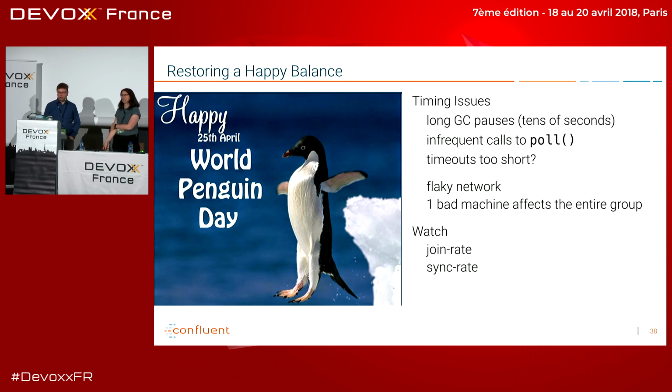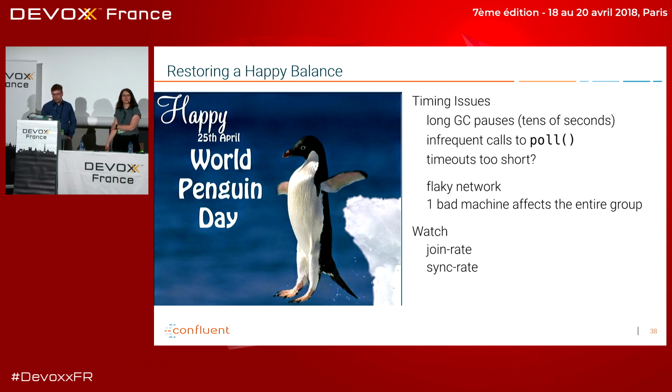So you probably want to increase some of your Zookeeper timeouts and other things like that, at least on the broker side. The clients don't have a Zookeeper, but they have other things like request timeouts that you want to watch out for. And just to say, one bad machine can affect the entire group, so you want to watch out that you don't have the situation where you have one machine that keeps flapping and causes everything to